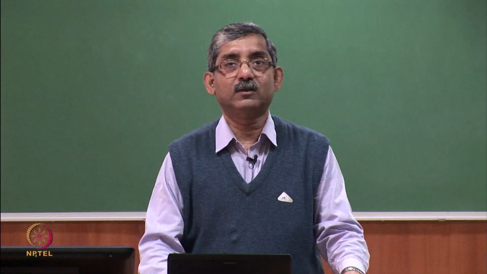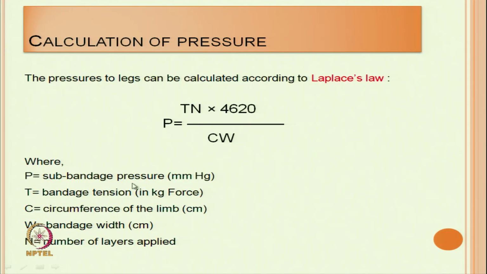circumference of bandage, width of bandage and number of wraps, we cannot exactly predict the pressure applied, because this formula is based on a hard circular surface, but our body is soft in nature. So, the actual pressure is different from this theoretical pressure, but if we can get some correction factor, then we can predict the actual pressure using the Laplace law.